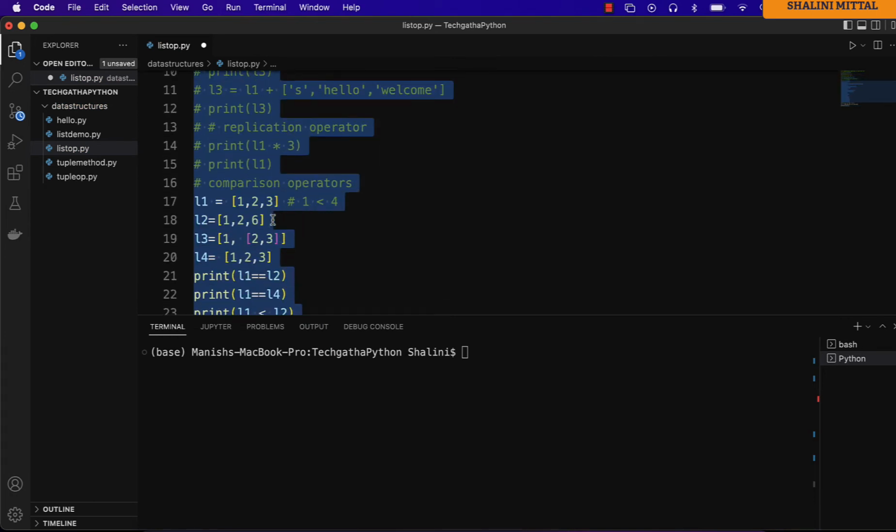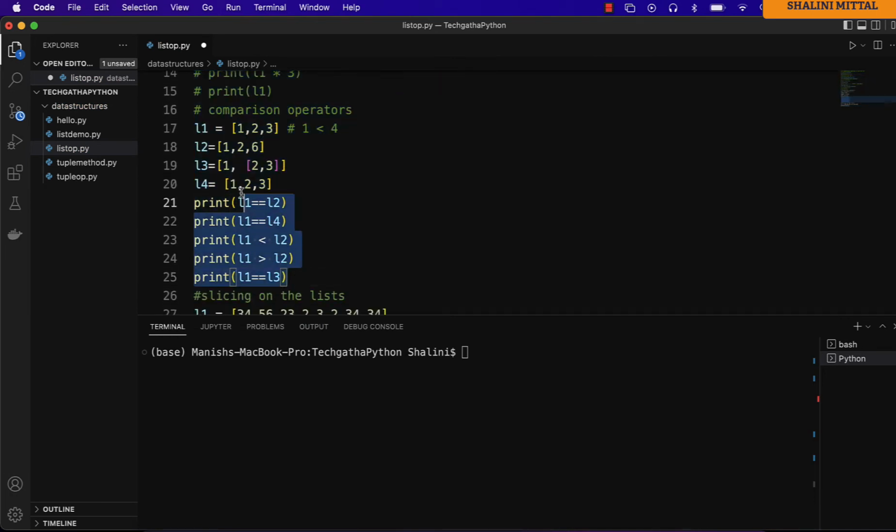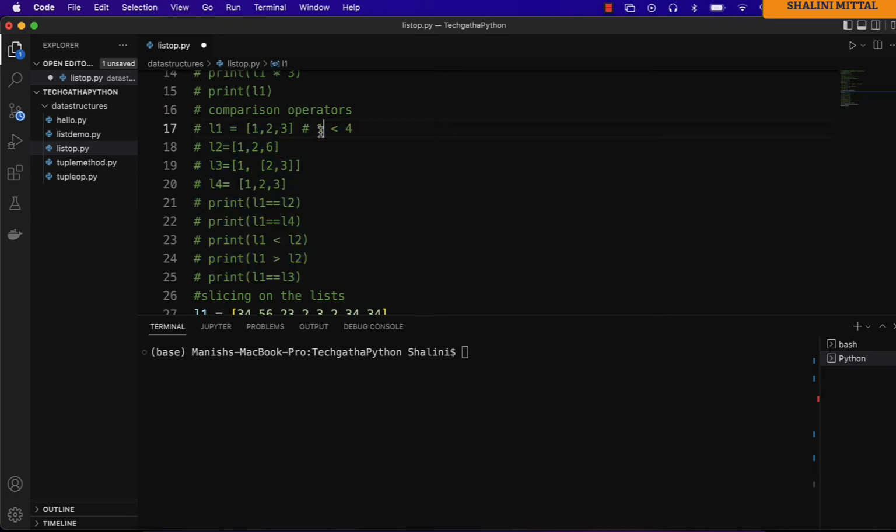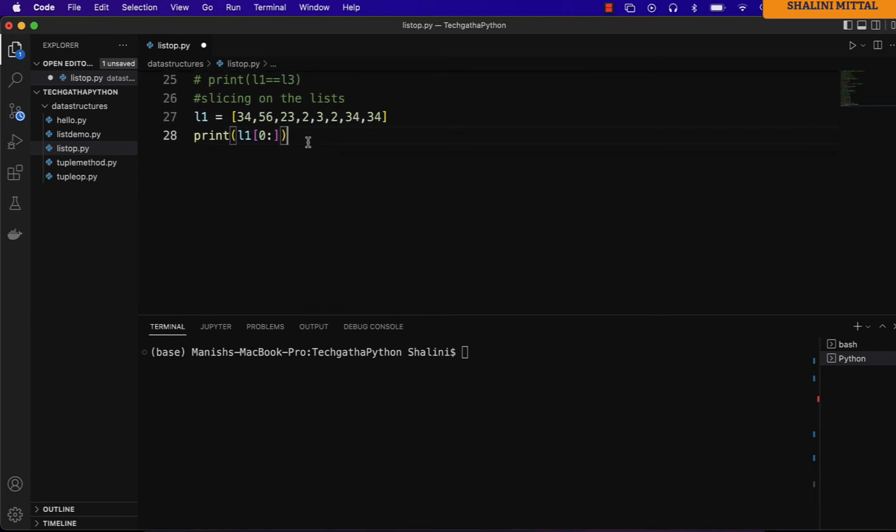Let me comment out this part. If I say print L1 0 colon 4, then I don't specify anything in the start and say colon 3, then 3 colon 6 colon 2,